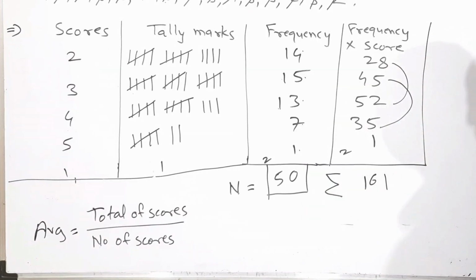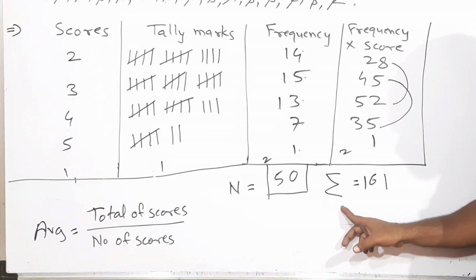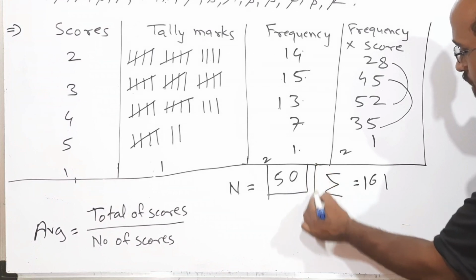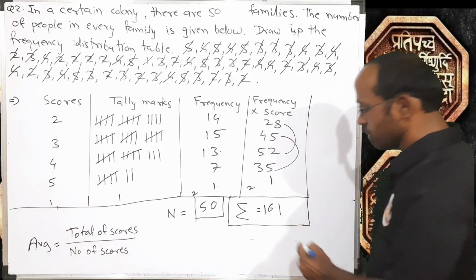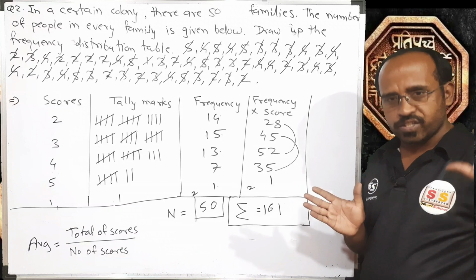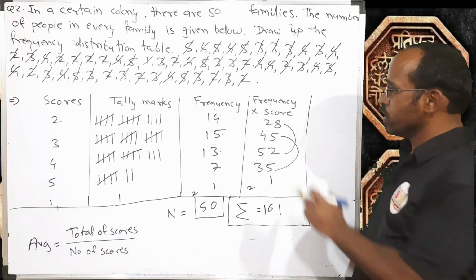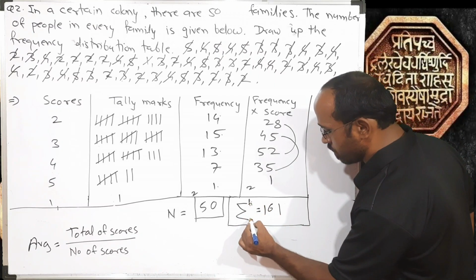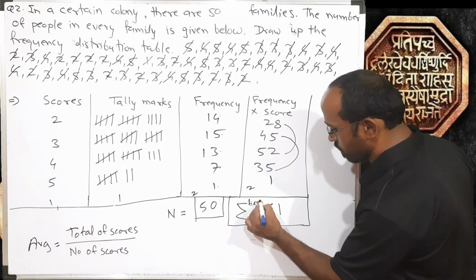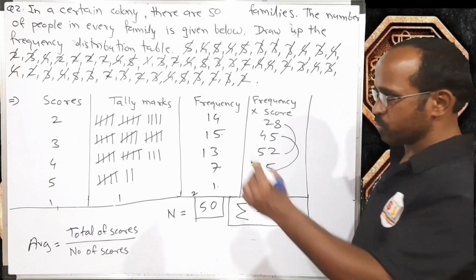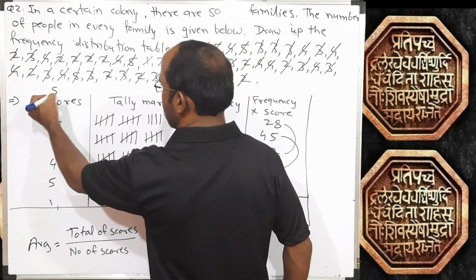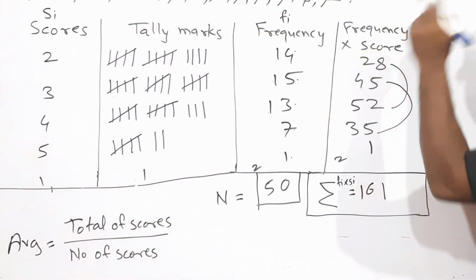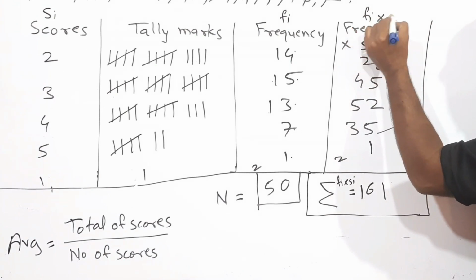summation. I hope you are aware of this symbol of summation. If you have learnt Microsoft Excel, it is given. This symbol just represents that we are adding a long range. So which summation are we doing? We are doing the summation of frequency multiplied by score, so we can write Fi into Si. We can give such names to the columns. This score column we can represent as Si. Frequency column we can represent as Fi. Frequency into score we can represent as Fi into Si.